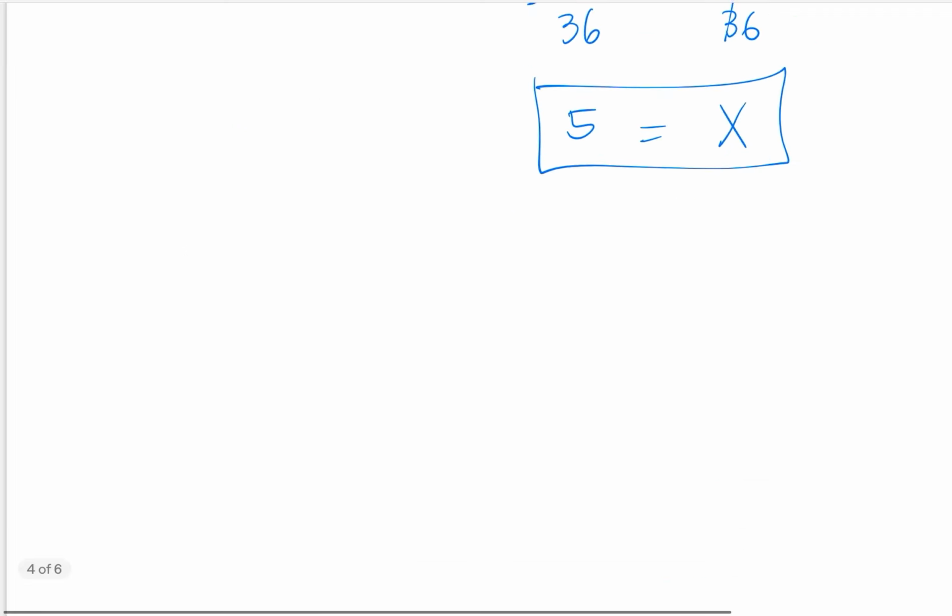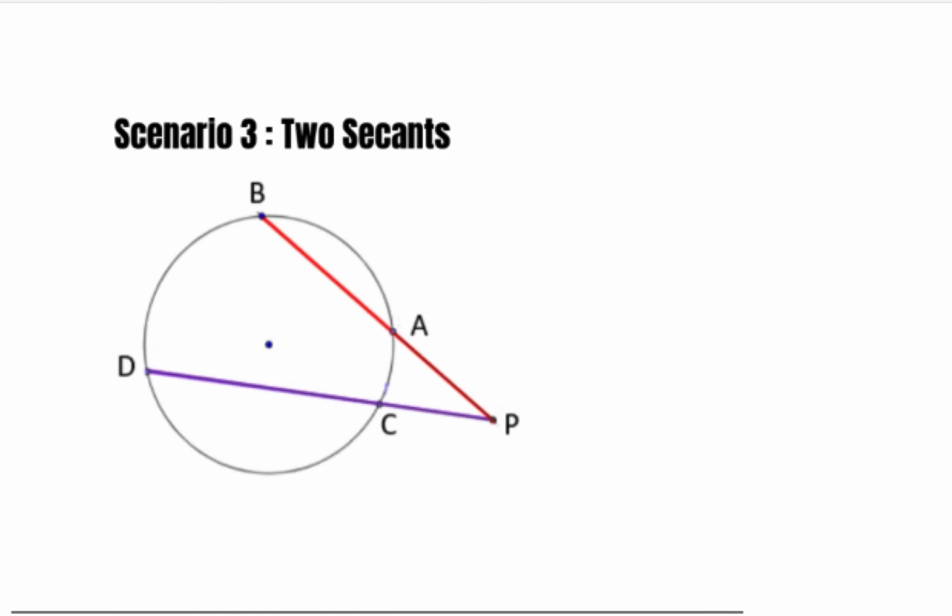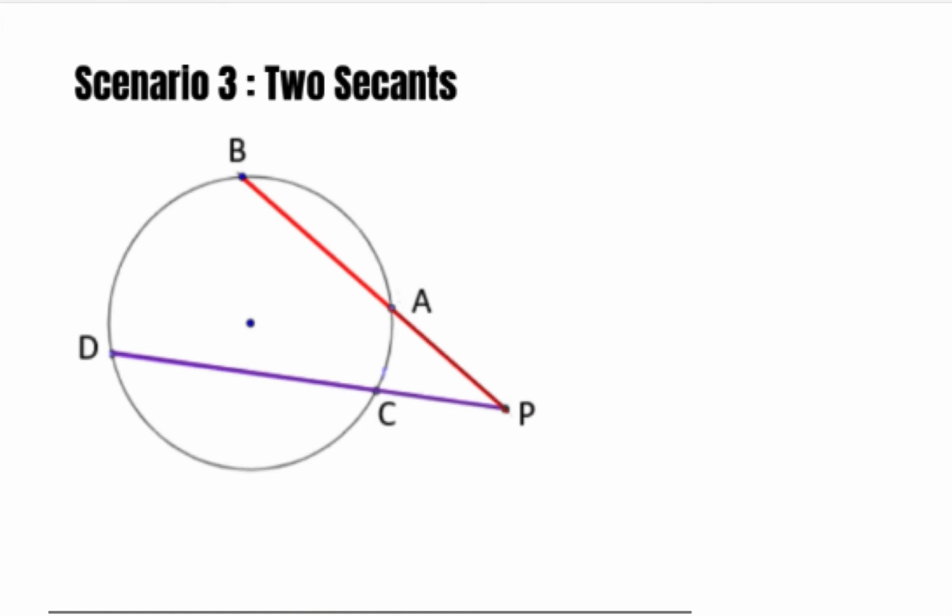Now, how about a problem where we will be given 2 secants? Okay, so 2 secants because the red line intersects the circle at 2 points, and the line extends all the way outside the circle. Then the purple line also touches or intersects the circle at 2 points, and it extends all the way outside the circle. And these 2 secants intersect outside of the circle. So if we are given this problem, let us